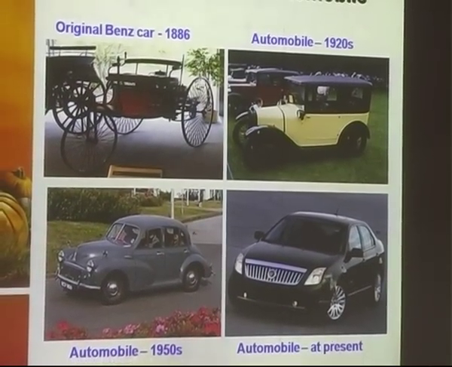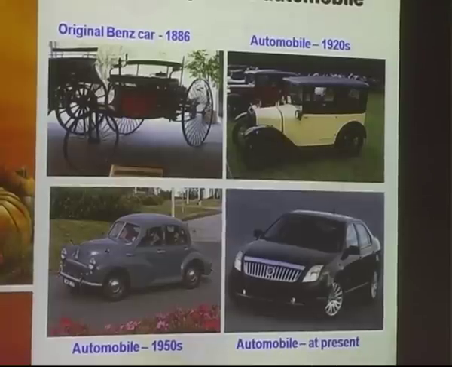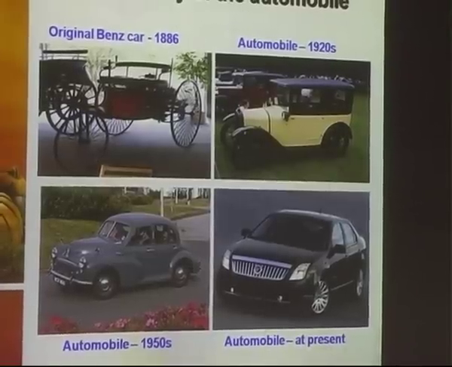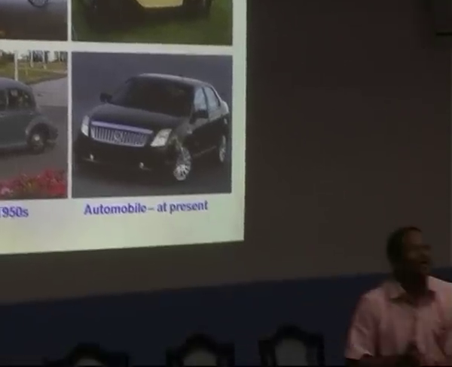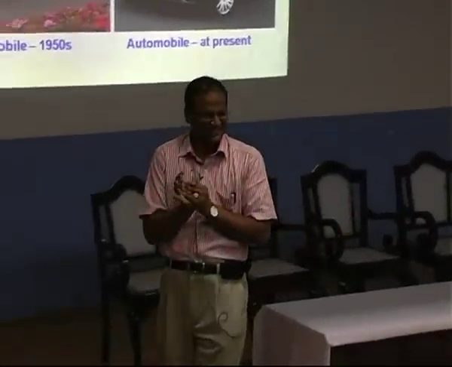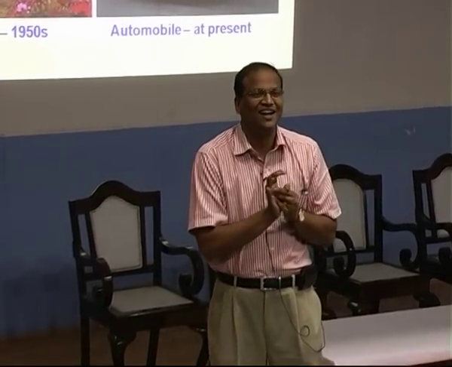Then there were no mirrors. Now you got mirrors, right? Side view mirrors. Then what else? Headlights, parking lights, central locking system, DVD player. Okay, ABS. What is ABS? Okay. So what does it do? It helps you to prevent skidding, right? When you're taking a sharp turn, when you're overspeeding.